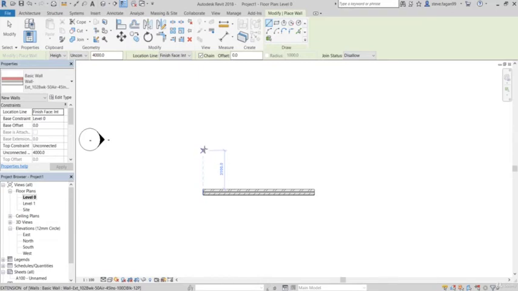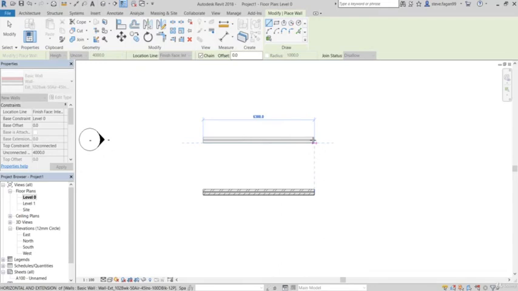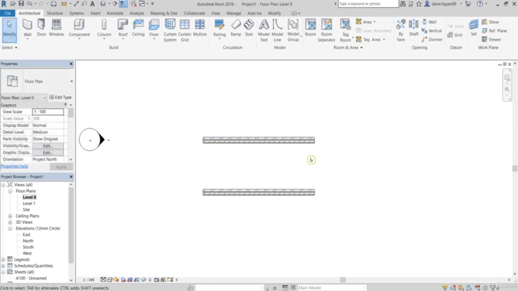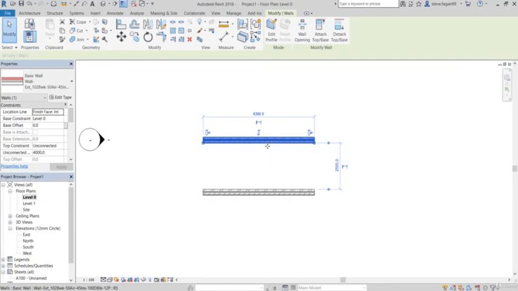I can also use the temporary dimension to specify the distance before I've even started. So click once to start, move my cursor in the direction, and again I'm presented with that vertical dimension, and click. So now I know that both of those walls are started at the same point, as well as having the same length. Once it's placed, if I then select one of the walls, not only am I presented with the temporary dimension to change the length,